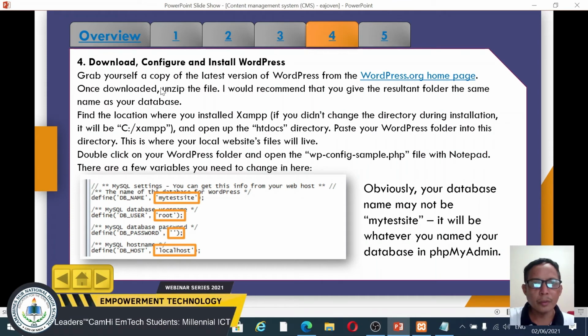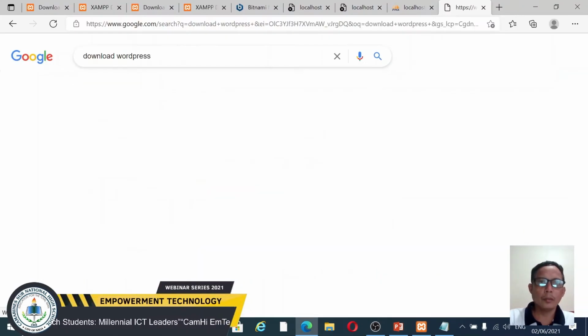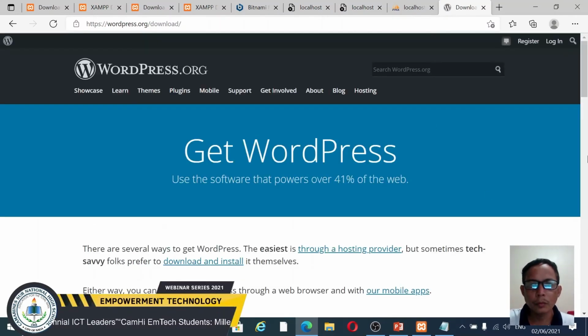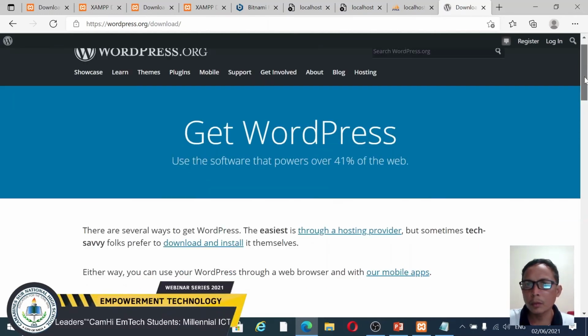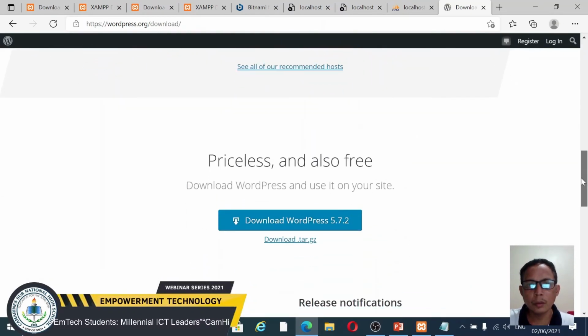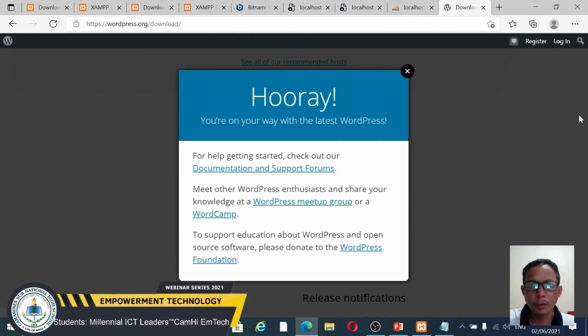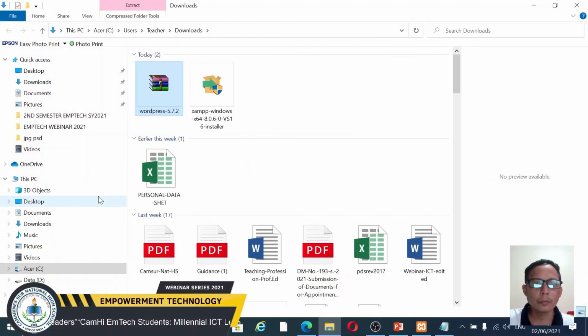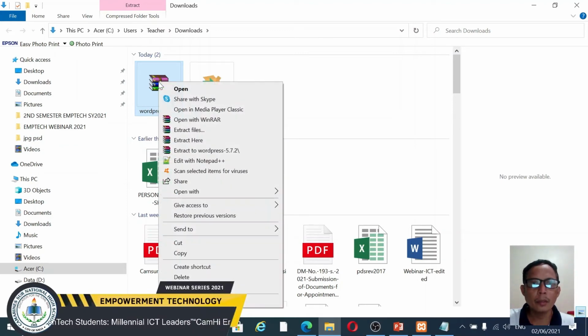We will now download, configure and install WordPress. Download WordPress, open. It is now a WordPress template. Then let us extract here.